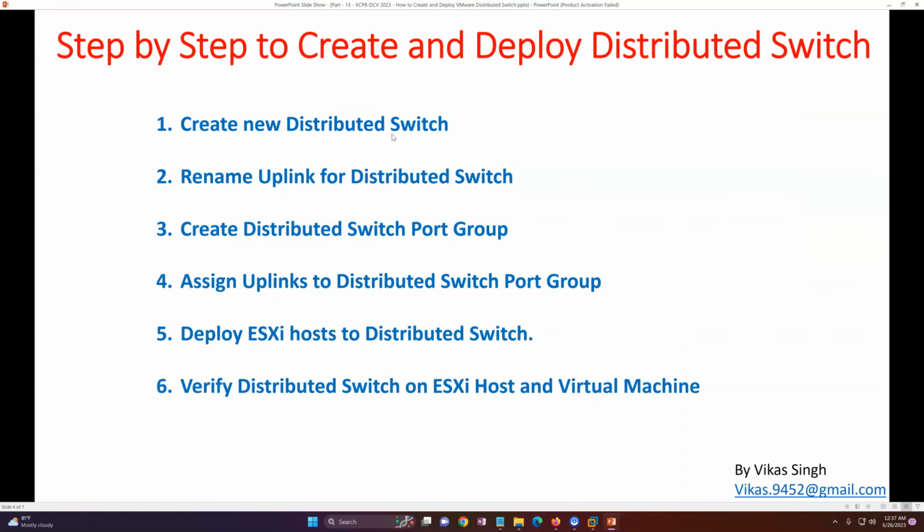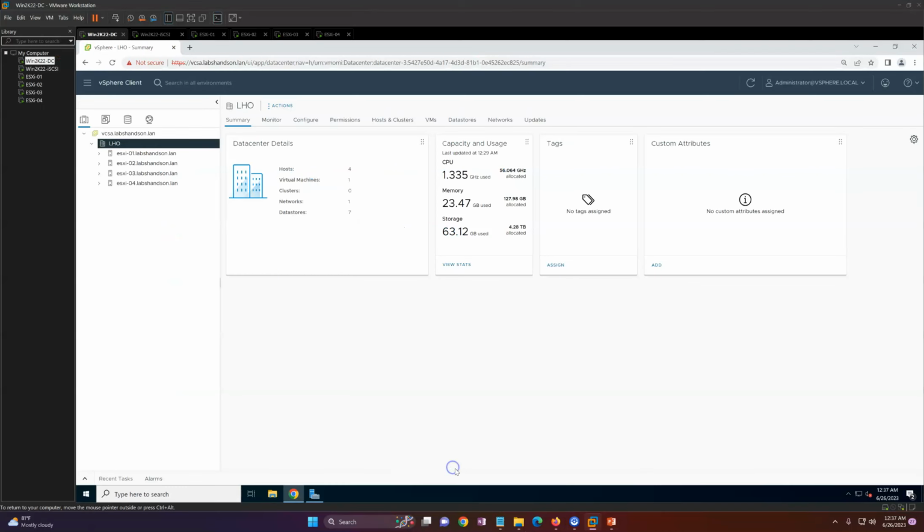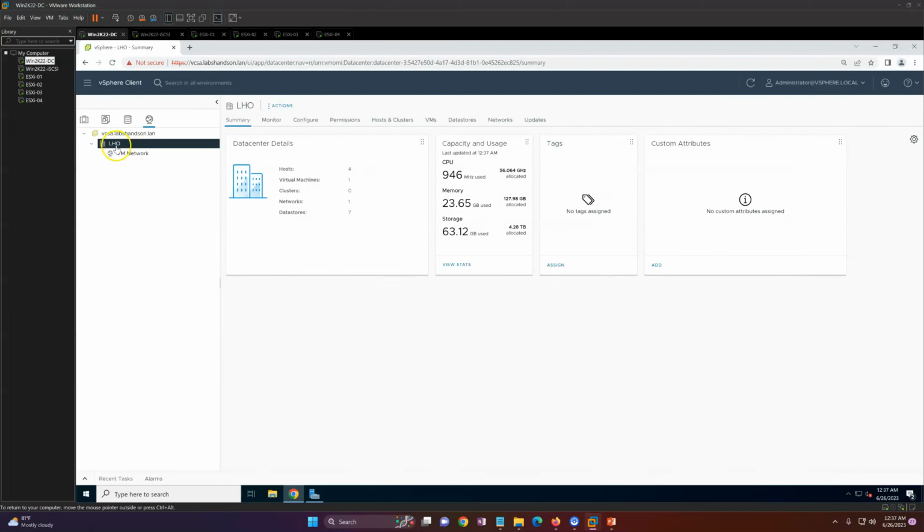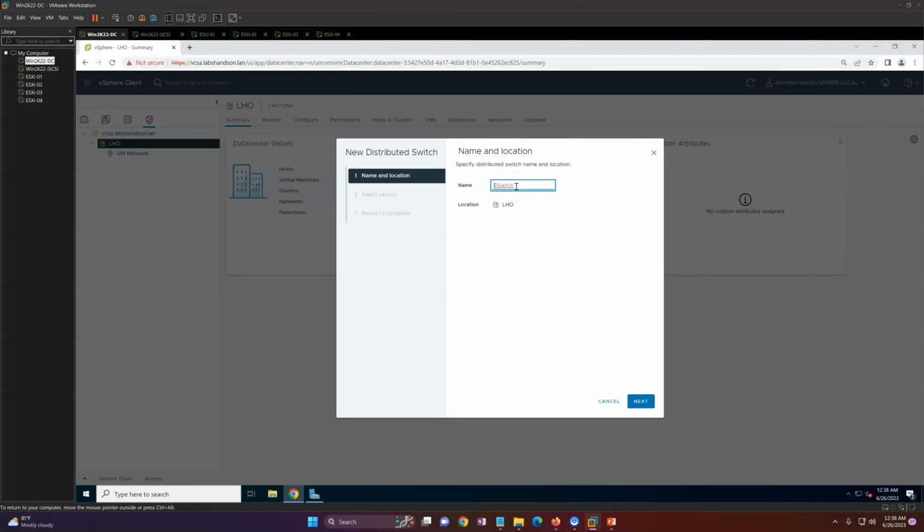So this is the task, step by step: create and deploy a distributed switch. First thing, we need to create a distributed switch. So let's go ahead and do it. This is my vCenter infrastructure. If I go to networking, you will see VM network. Currently it has only VM network, which comes by default with your vCenter and ESXi host. Now, in any place you can right click, go to distributed switch and create a new distributed switch, and I'm going to call it